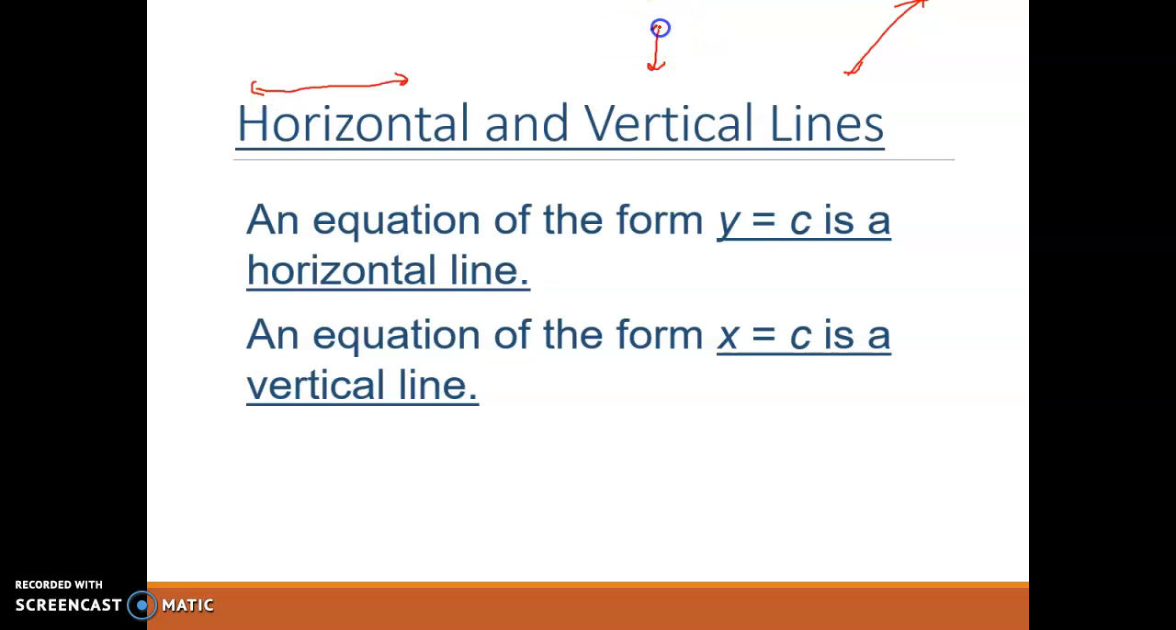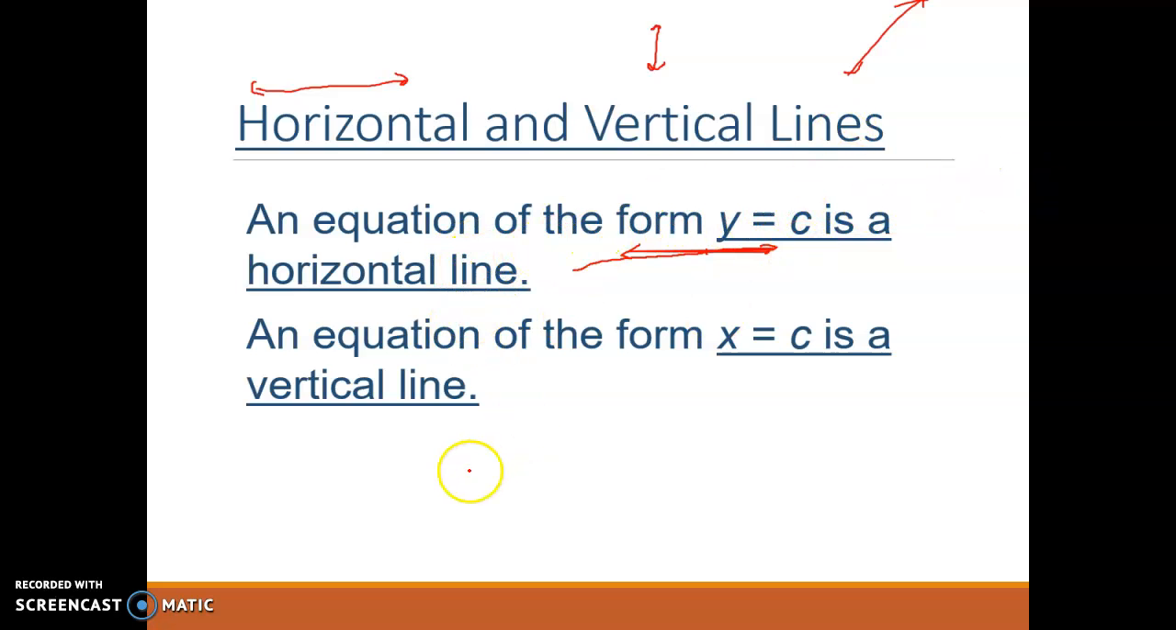An equation in the form y equals c is a horizontal line. That's because it means for every point on the line, y is going to equal whatever that number is. Okay, so y equals maybe 1 here, and y equals 1 here, and 1 here, and 1 here, and 1 here. For every point, it's just going to cross the y-axis at that one number,